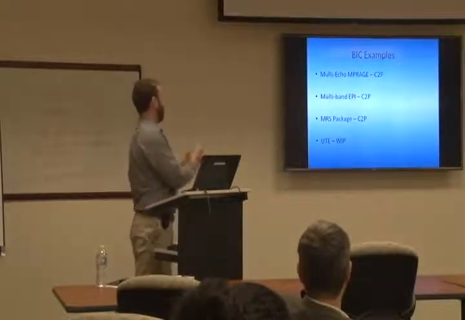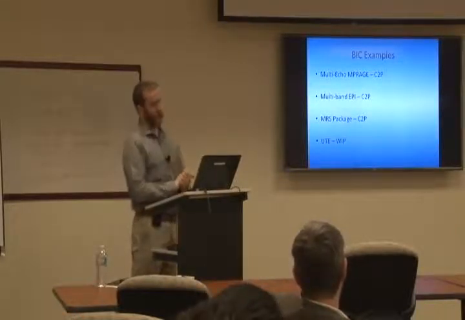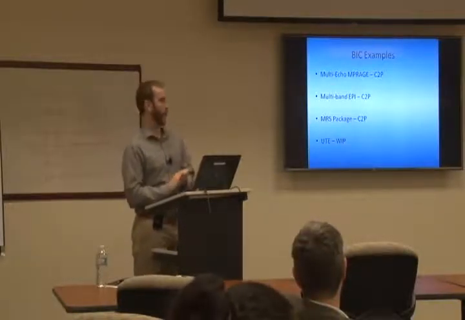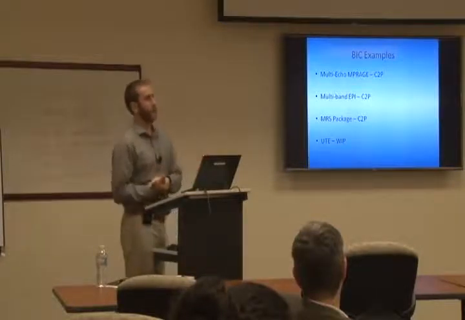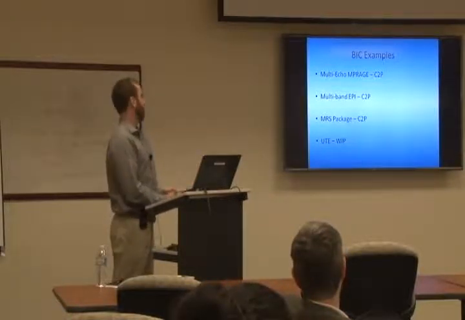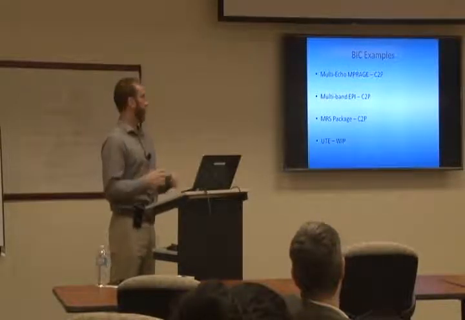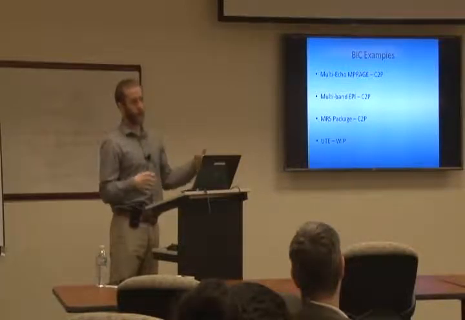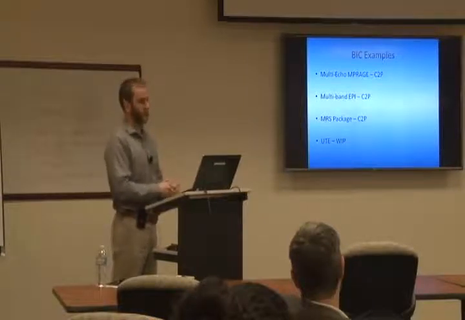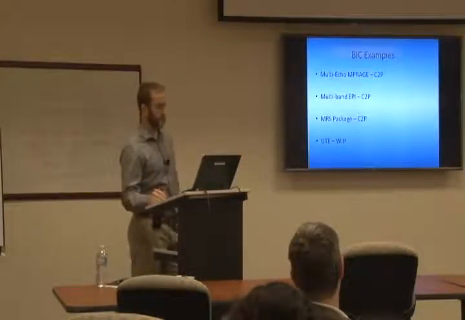So some examples of what we have here currently. One of them is the multi-echo MPRAGE. We got that through C2P with Harvard, I believe. How that works is it's essentially your typical MPRAGE you have on the system already, but you use a higher bandwidth to reduce some of the distortions in your imaging, and you acquire 4 echoes, and you bring them all together, and you don't lose any SNR, but you get better homogeneity in your images. So it's the same scan time, it's just a better sequence. And it's just as easy as getting a